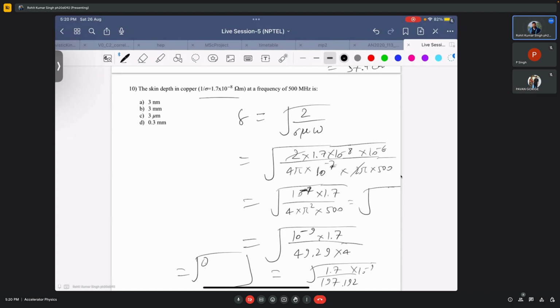it comes around 0.0086, okay, so yeah, and we have 10 to the power minus 9, right? So roughly you will have, so if you take the square root of 0.00086,